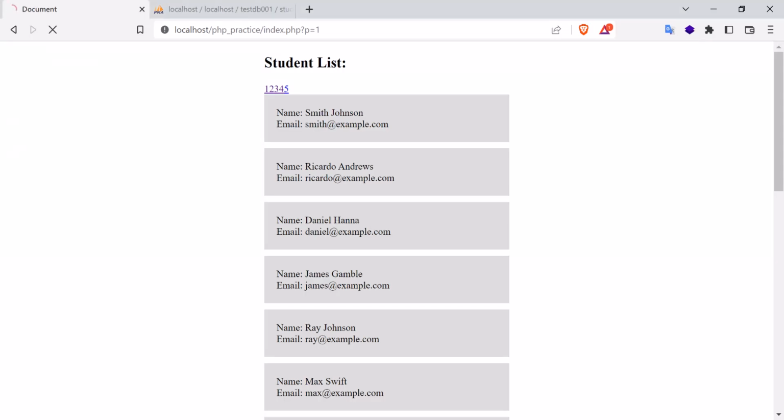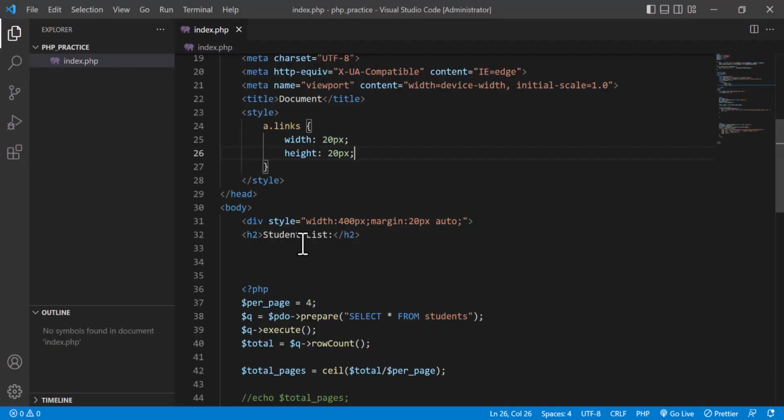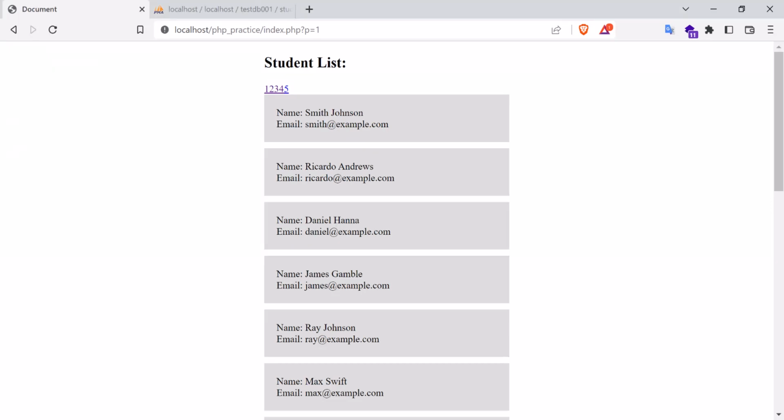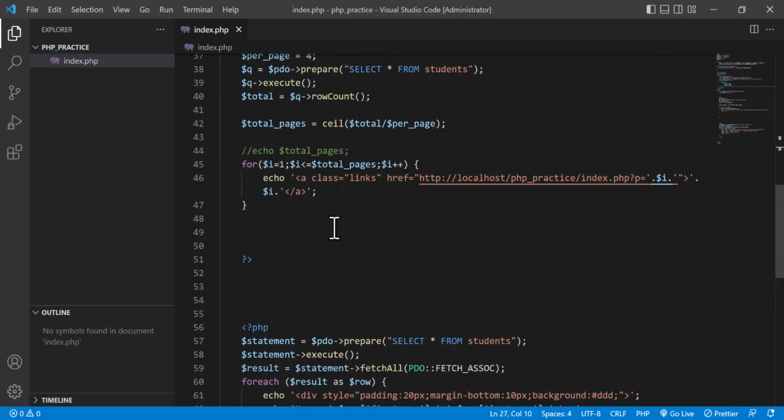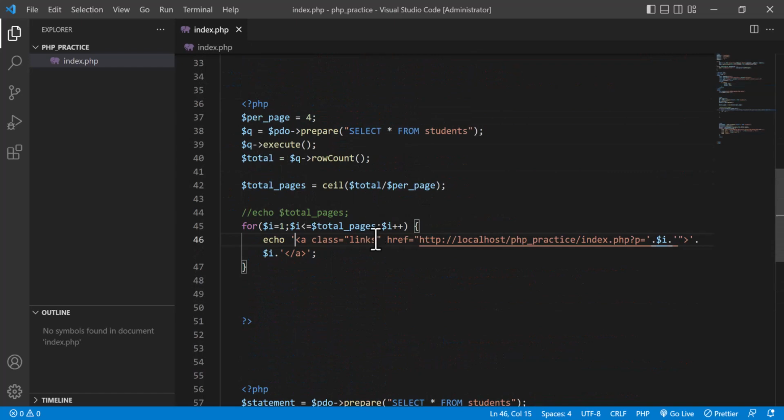I am not sure it will work or not. A.links, right? Width this, height this. I am going to increase this to 40 pixel. No, it is not working. This is actually a class equal to links,